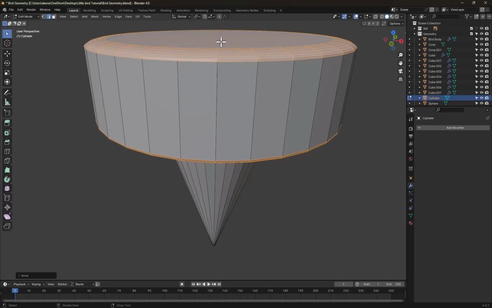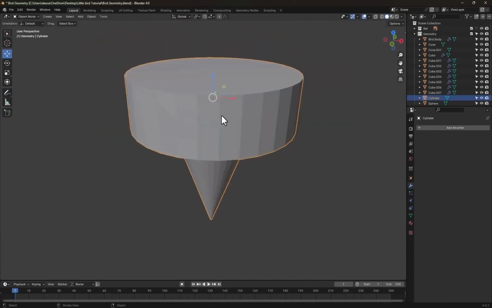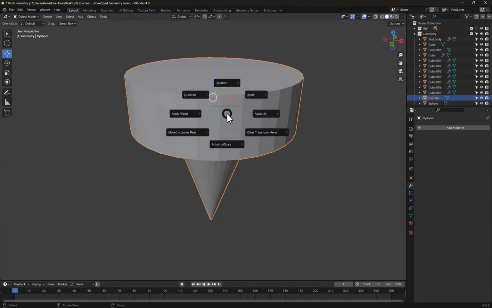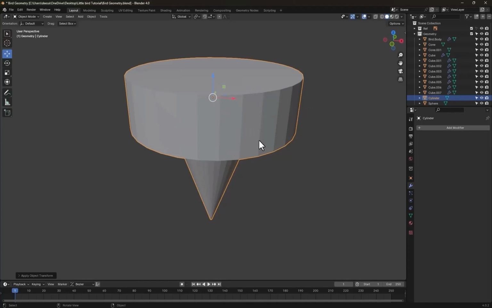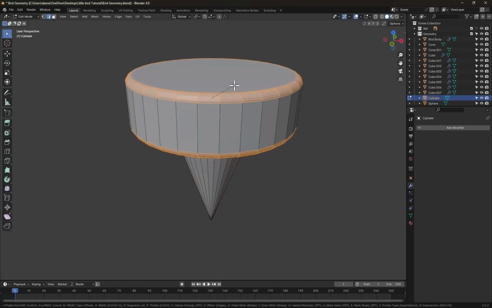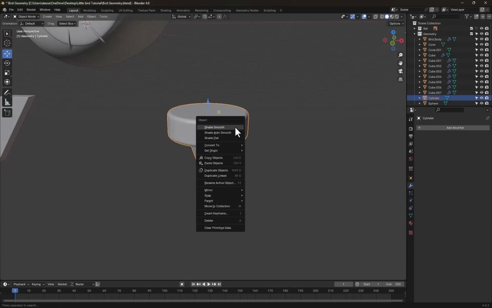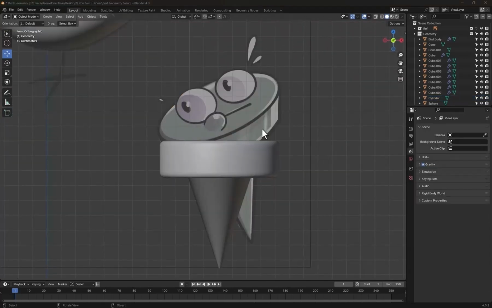It looks like it's so stretched, so go to the object mode, press Ctrl A and apply scale. And now if I go to the edit mode and press Ctrl B, it is now so much better. Now use shade smooth. To make the nail's eyes, I'll press Shift A,